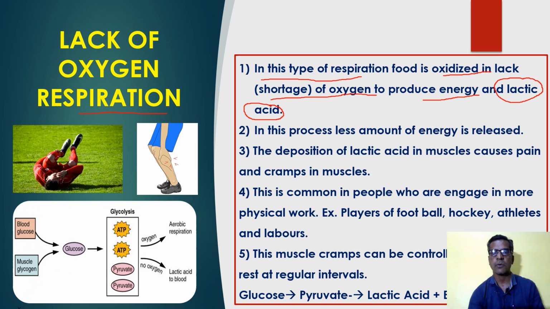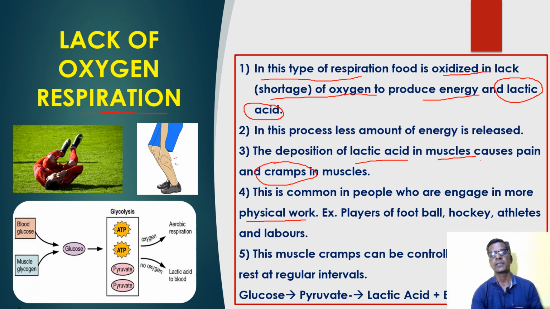The next point is, as lactic acid is liberated in this process, what happens? This lactic acid stores in the muscles, which causes pain. It is simply called muscle cramps. As the lactic acid deposits in the tissues, it causes pain in the muscles. This is very common in people who are engaged in more physical work, like players of football, hockey, athletes, and even some laborers. They need more energy, and because of shortage of oxygen,